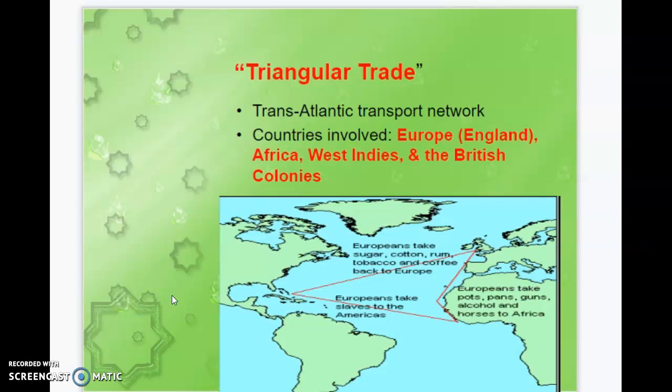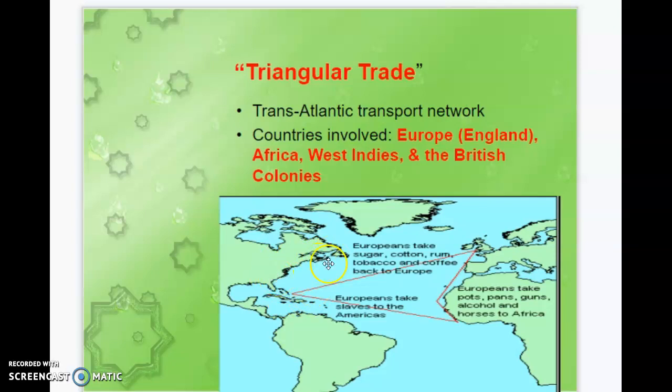We know that the countries involved in triangular trade are, and this is on your 4 little a, Europe, specifically England, as you can see here, I'm circling it, there's England. Africa, specifically we talked about West Africa. The West Indies, okay, because eventually there will be Africans taken to the West Indies, as well as British colonies